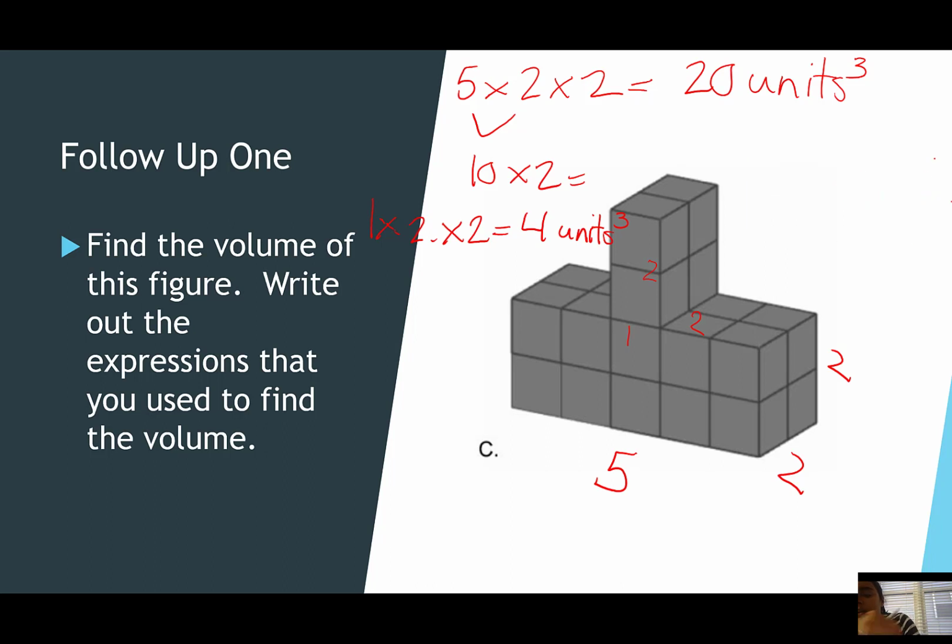So everyone can see that it's kind of sloppy. 24 units